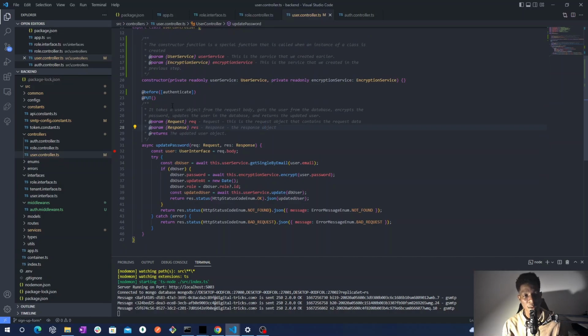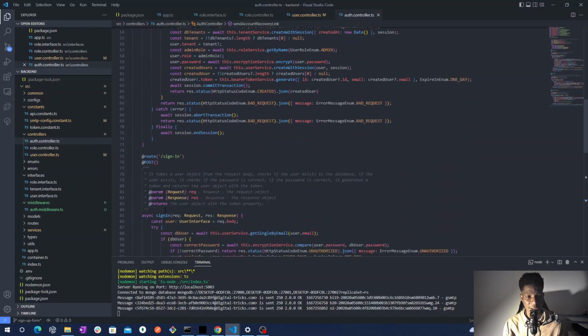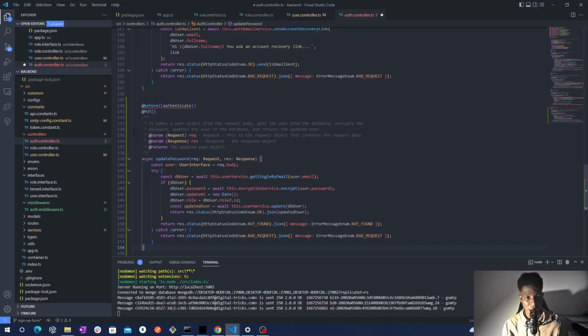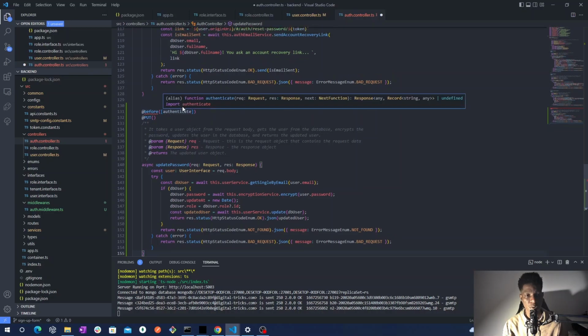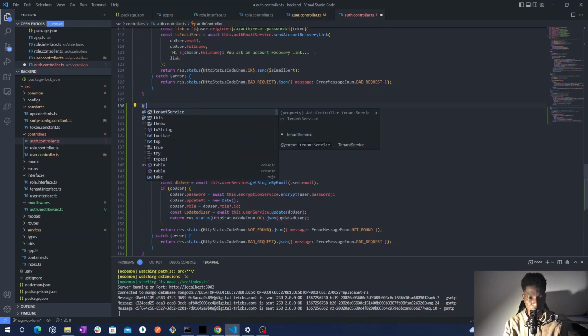This is not good. Basically, I need a route here, and I need to move this down here. This is what I thought. So for now I just copy paste this code inside this controller to save everything. And here we use an authenticate middleware, and we use the before. And we say that we need a put method, and we need also a route that will be called